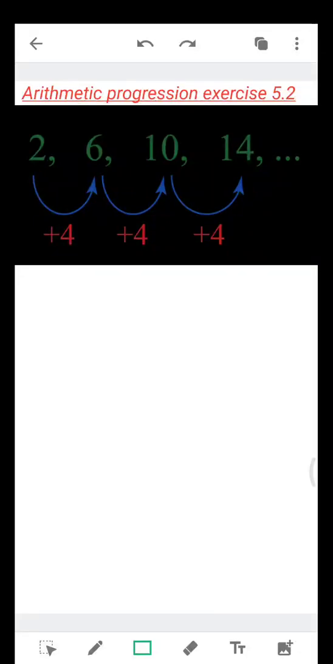Welcome back everyone. In today's session we are going to begin exercise 5.2. Before we go for that, let's recall what we did in the last session. In the last session I explained to you